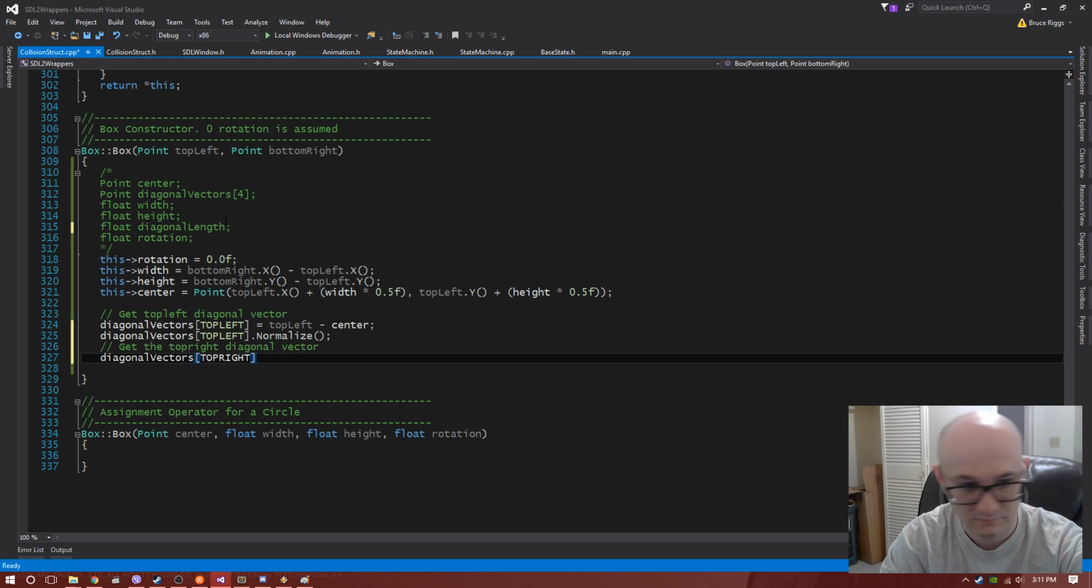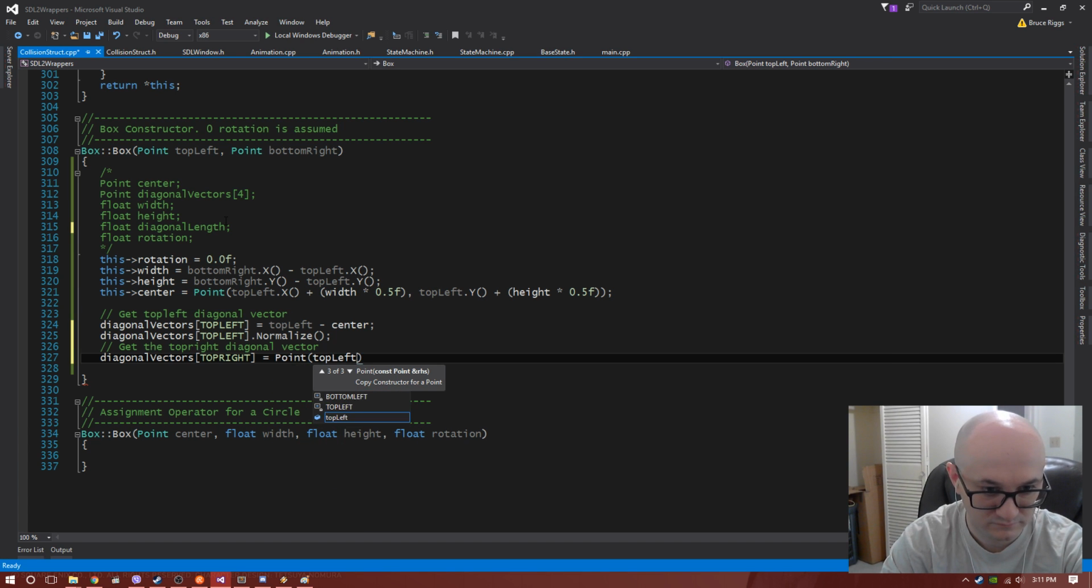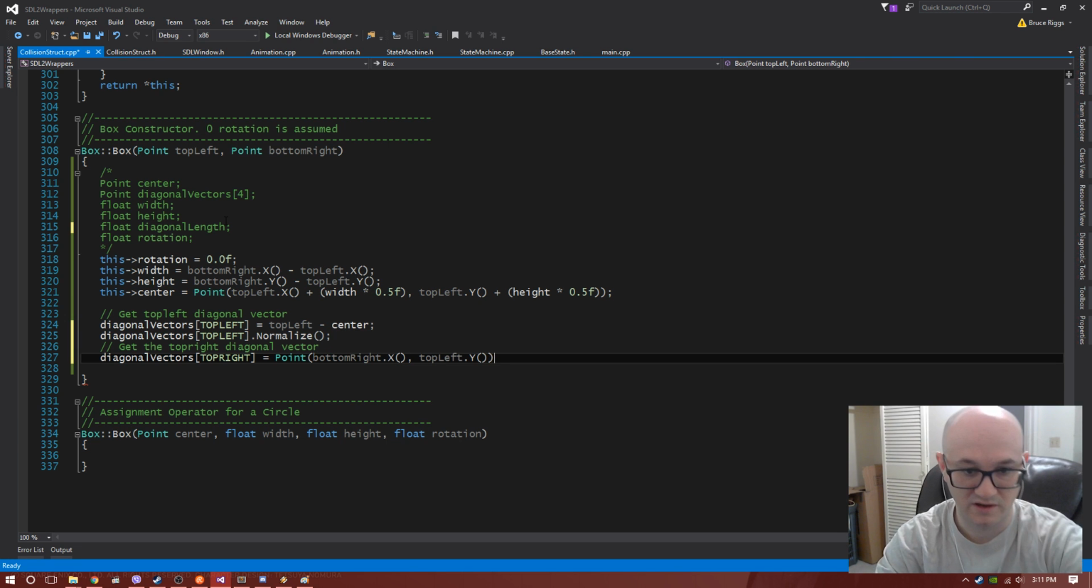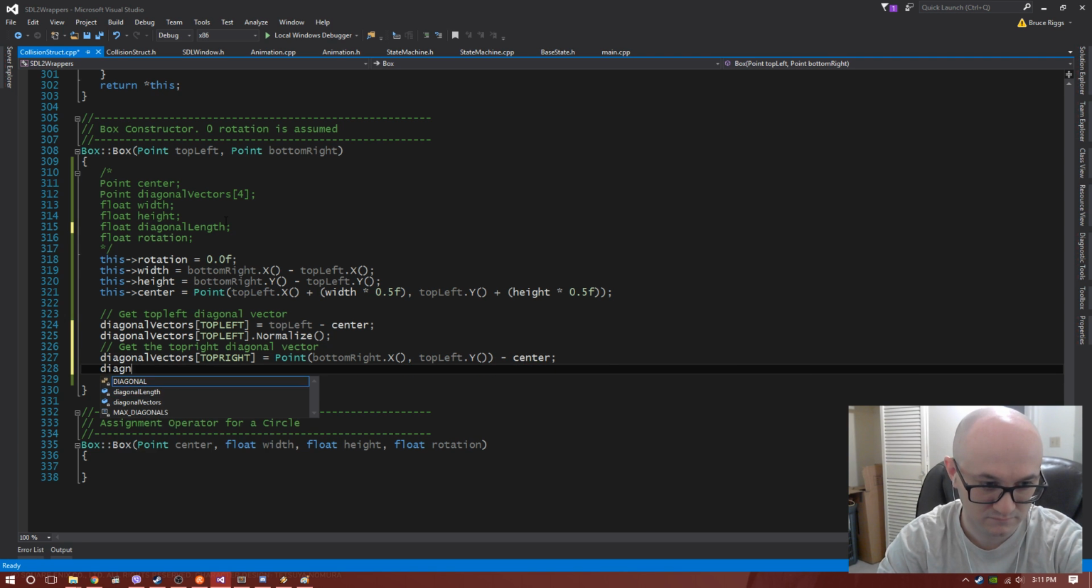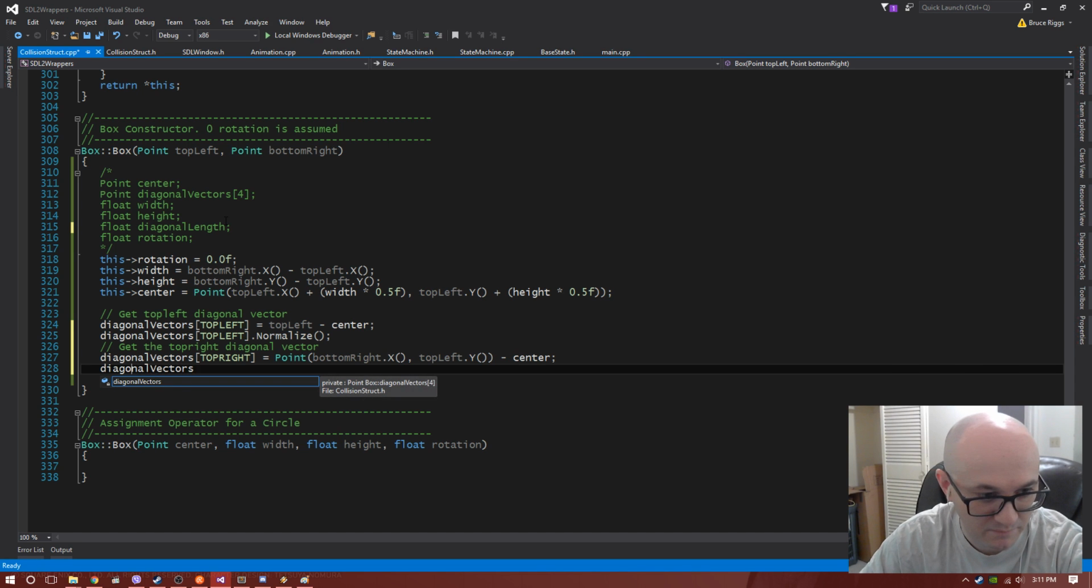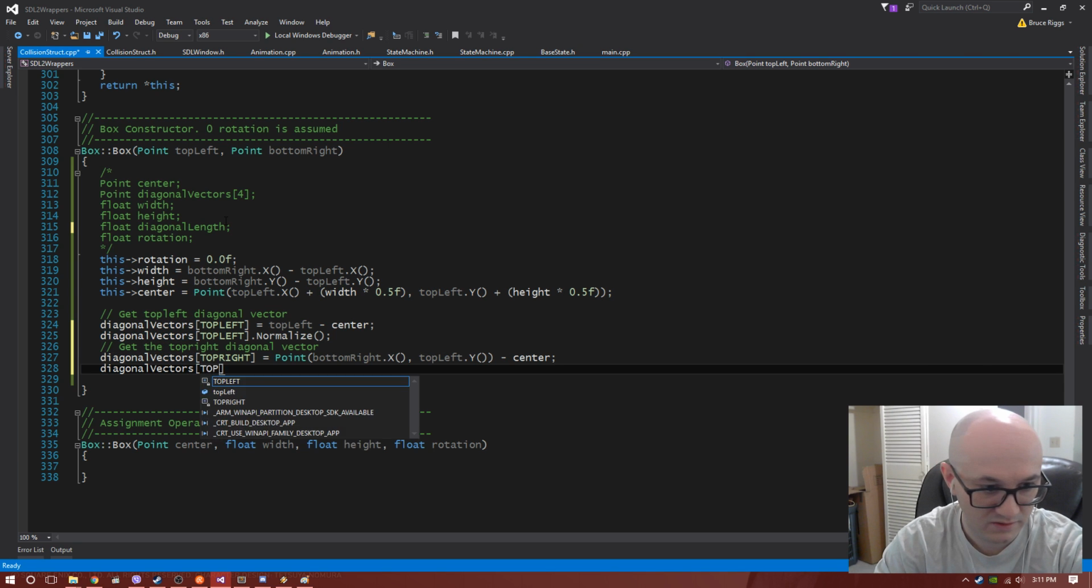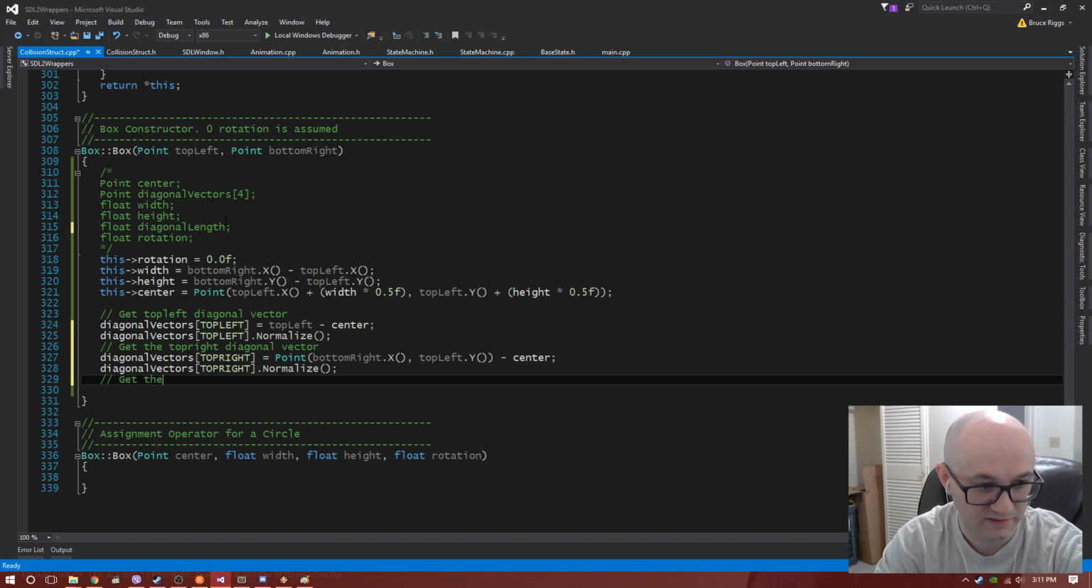Top right equals what? Y, but in the Y spot. His X, his Y, minus the center. Yeah, I think I'm gonna copy that word. I don't like it. Top right. Normalize it. Now, get the bottom